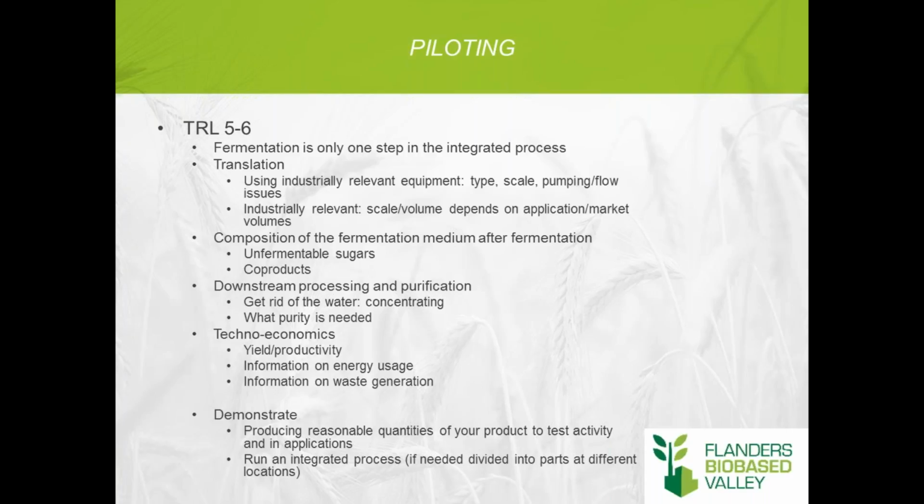So that's the first step, this translation. Another important issue during piloting is the fermentation medium after the fermentation. When you're dealing with industrial biotechnologies, with microorganisms, they produce your product, but they also produce a lot of other components. So it's a highly complex and integrated network of different pathways, which you want to focus on